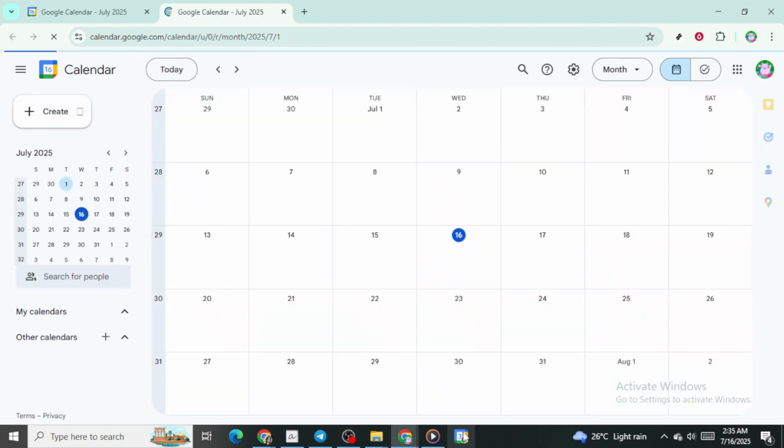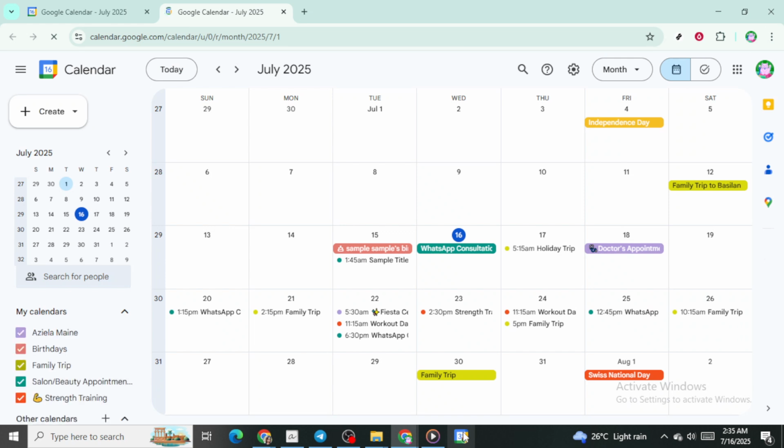This process not only saves you time, but helps keep your workflow efficient, particularly if you find yourself frequently checking your calendar. With it pinned to your taskbar, there's no need to open a browser and navigate multiple tabs just